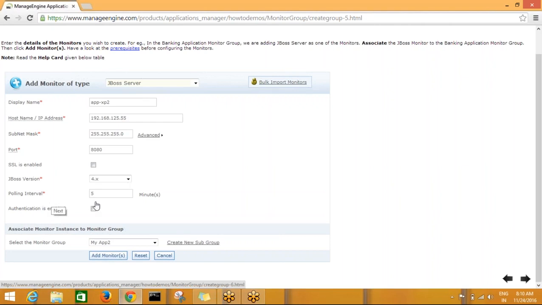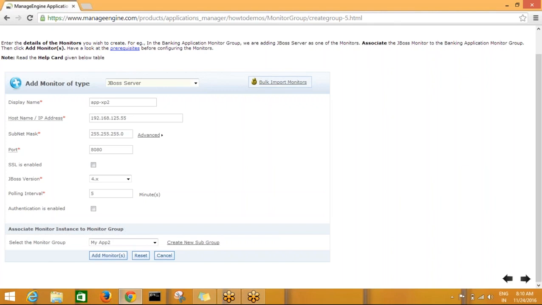And the polling interval should be in minutes. Every 5 minutes it will go and check the server, and monitor whether it is running or not. If it is not running, if it is in an overload state or critical state,